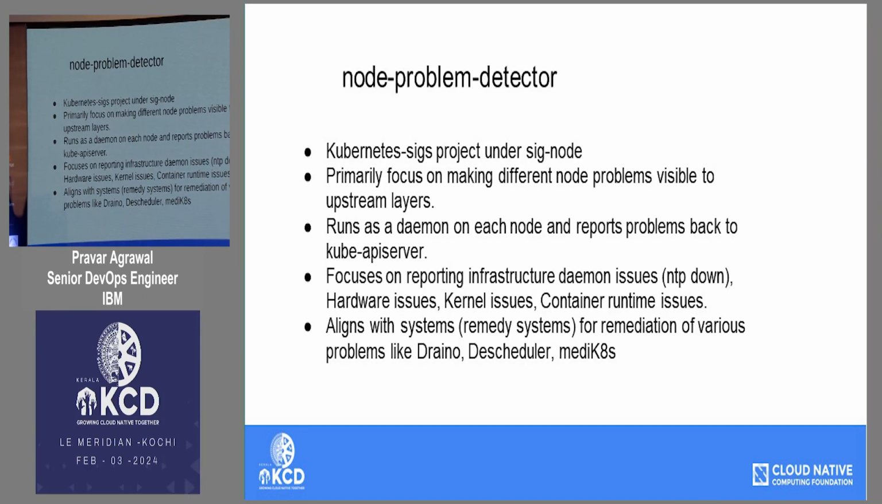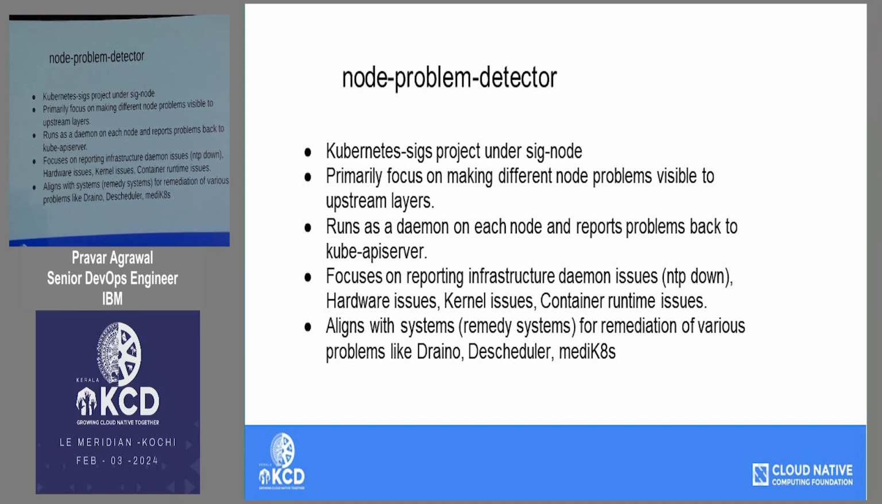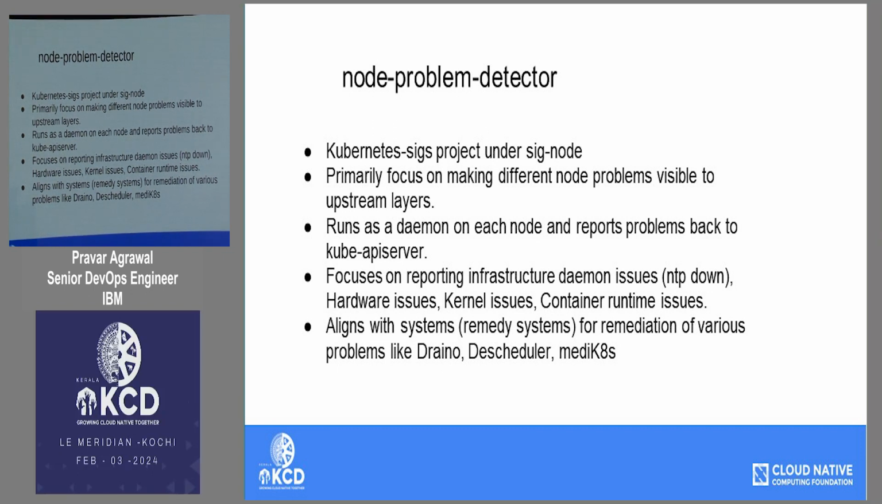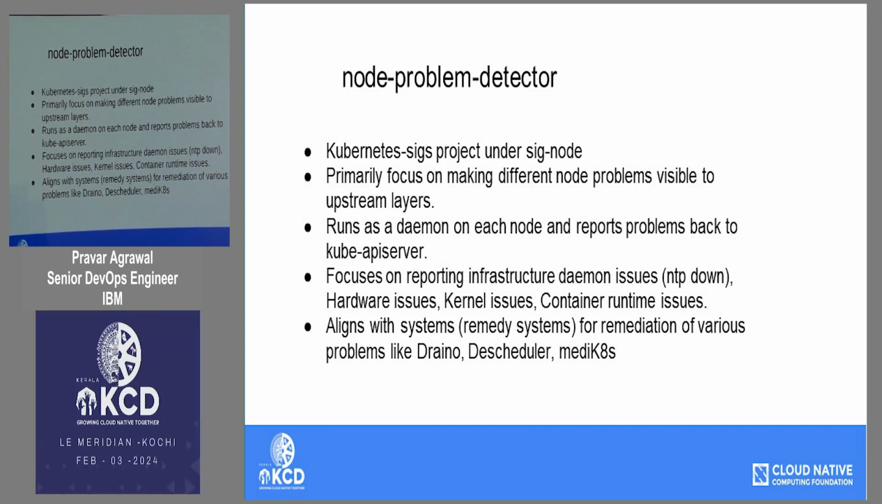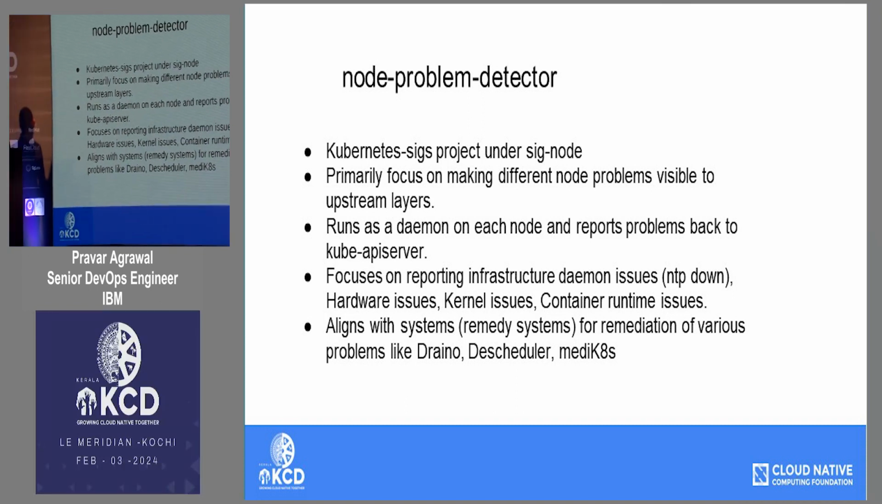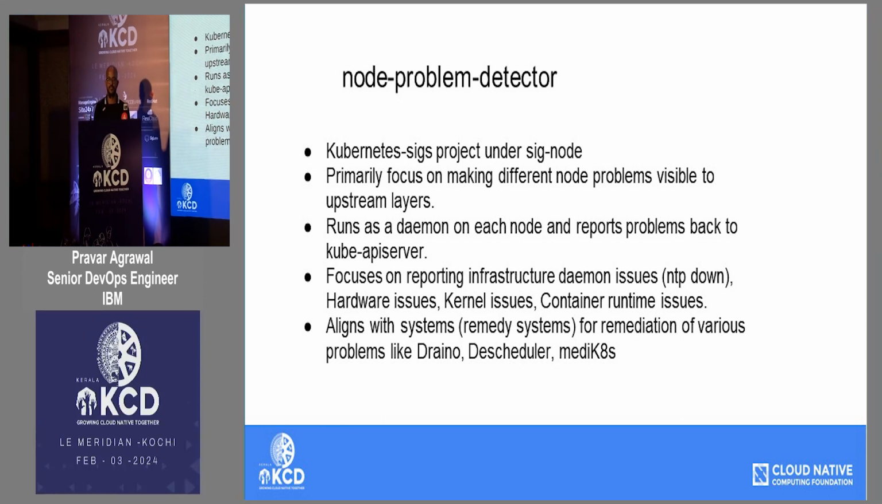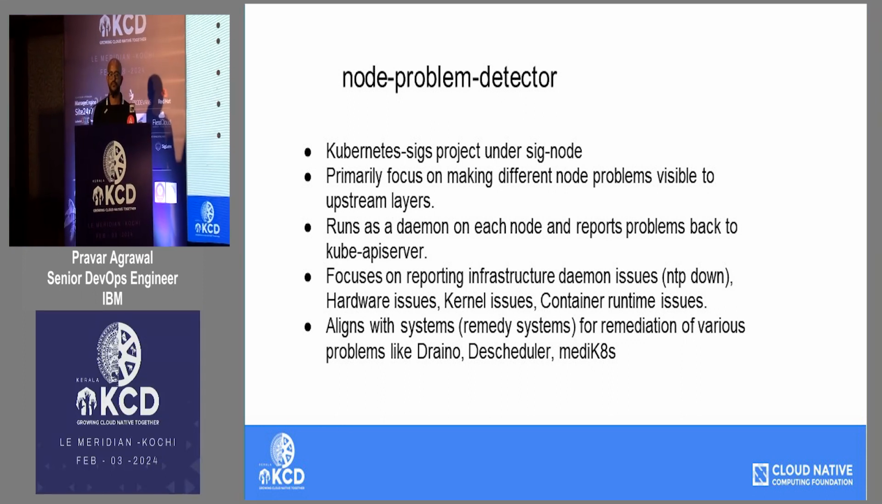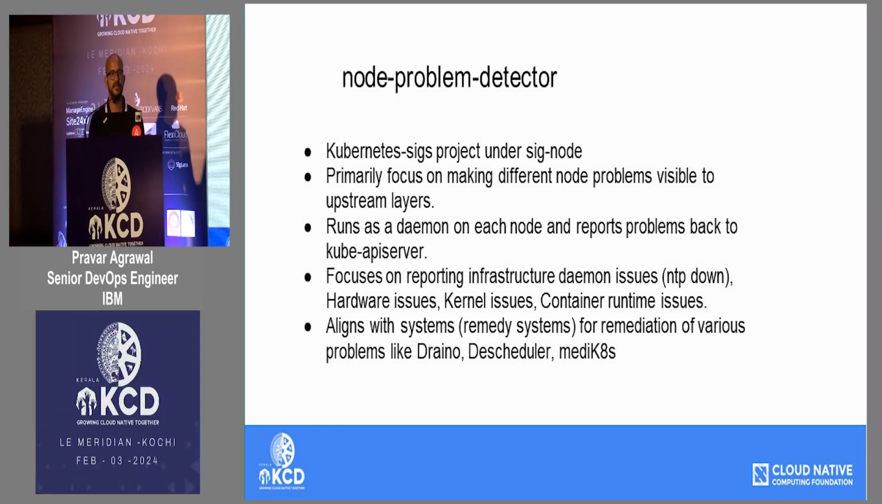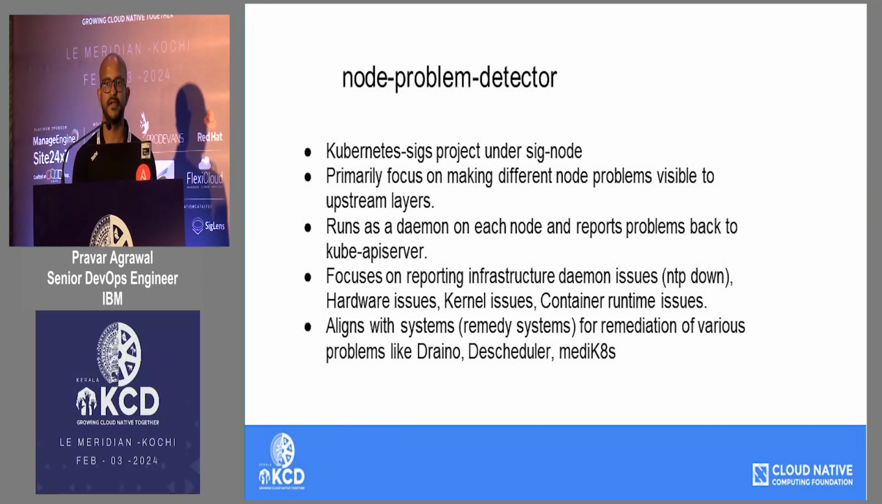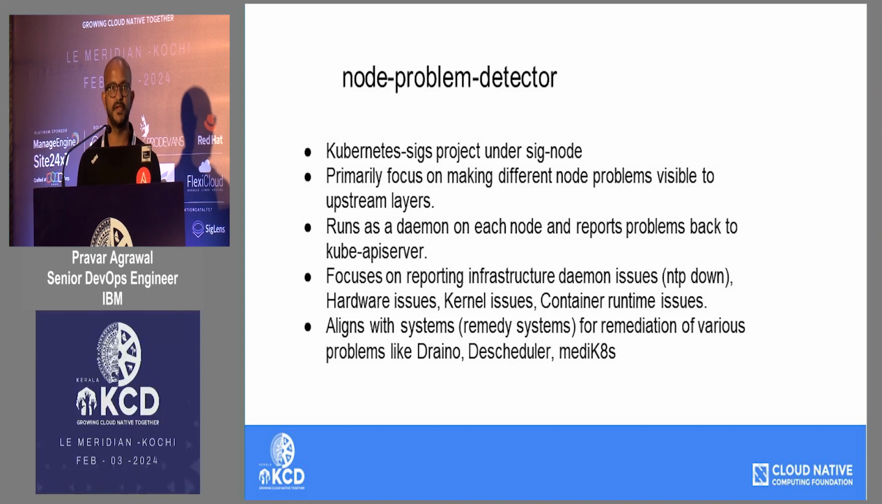Yeah. So, node problem detector, like I mentioned, it is not a new tool. It has been around for almost close to 7 years. Ever since Kubernetes became familiar, this project was already being developed under SIG Node, the Special Interest Group, as part of Kubernetes. And its main focus has already been to detect a couple of node problems and make it visible